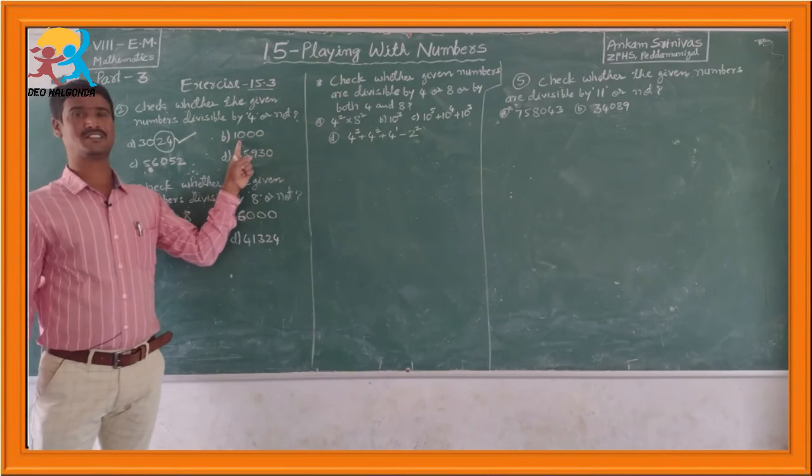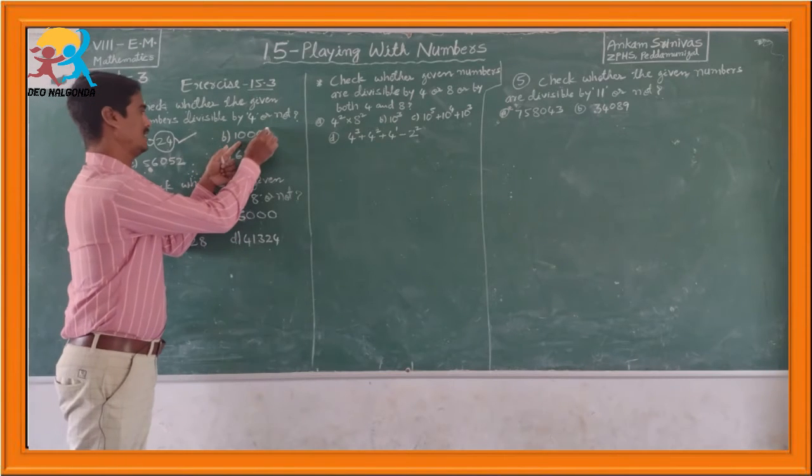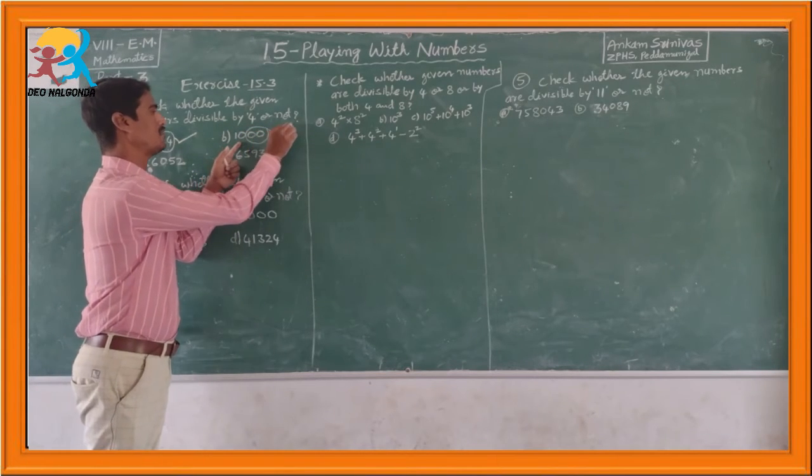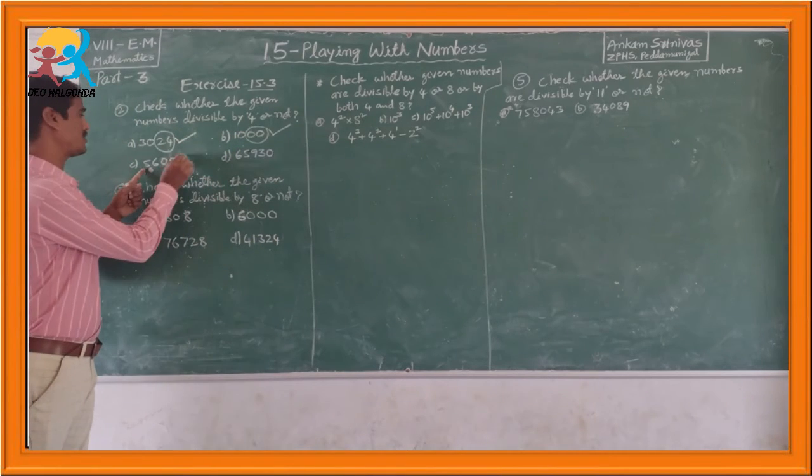And take the second one, 1000. If a number ends with two zeros, that number is divisible by 4. This is also divisible by 4. Then here, the last two digit number